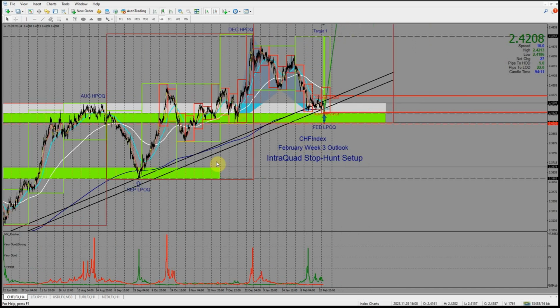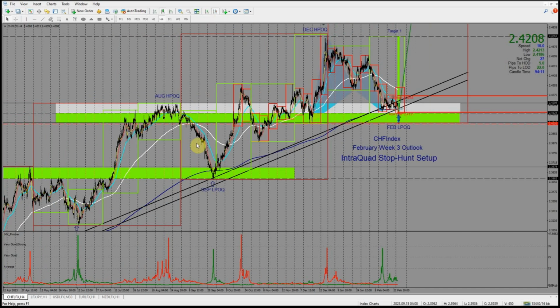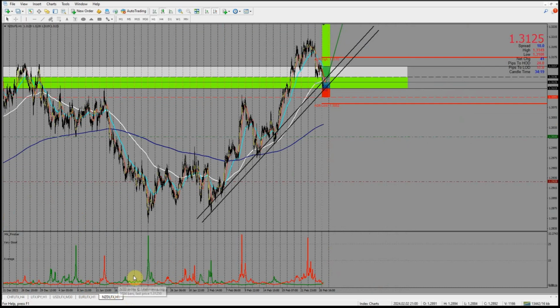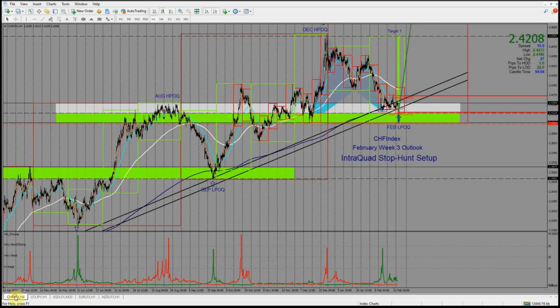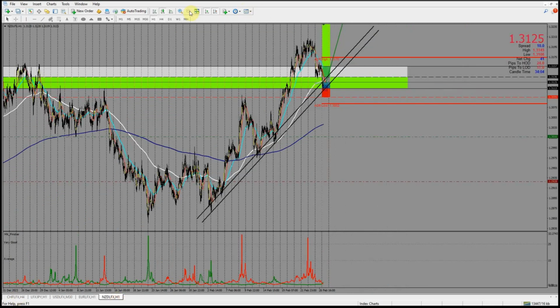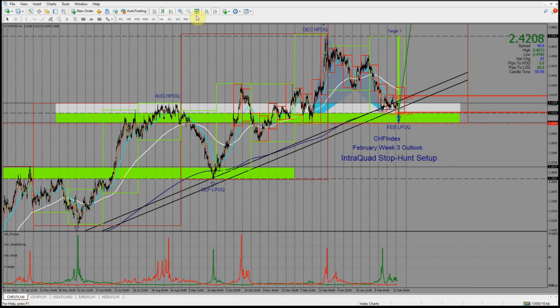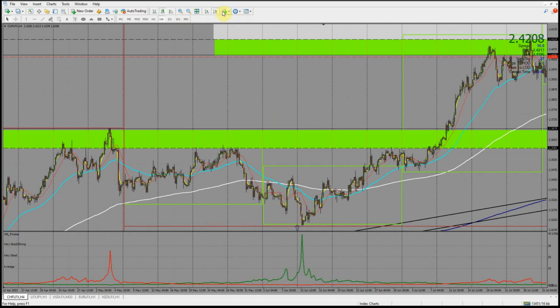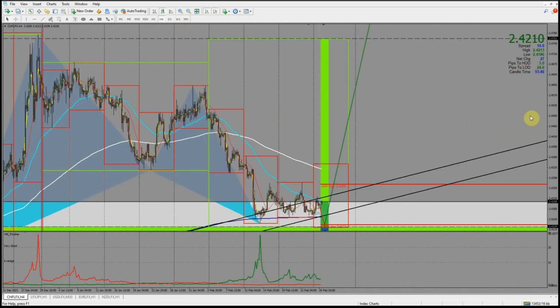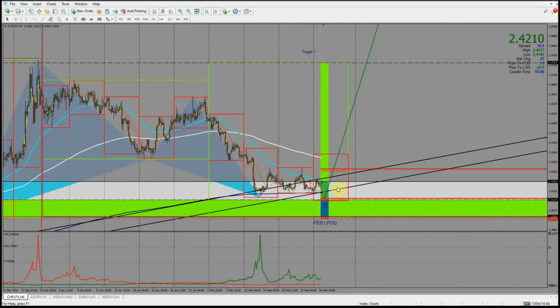CHF, New Zealand dollar, this is just playing out on a small scale. This is 1 minute, and this is 4 hours. You understand? But in this case, we have already gotten that stop hunt to the downside. So even here, we should expect a similar thing before price goes to the upside, because we have already got that signal that price is going to go up. As you can see on that MK finisher over there, this is it.